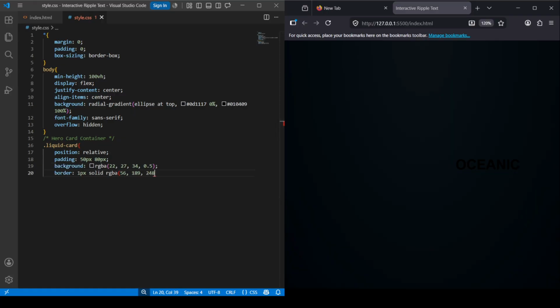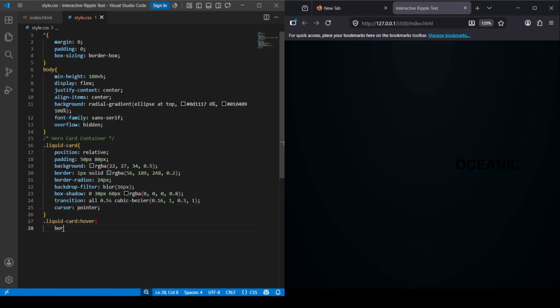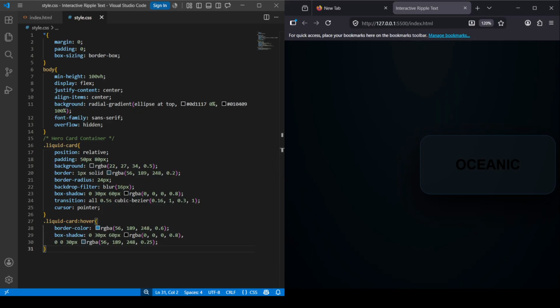Then, I'll add generous padding, a semi-transparent background, and a subtle border for a clean Glassmorphism look. Next, I'll round the corners, apply a backdrop blur, and add a deep shadow to create a floating card effect. Finally, I'll add a smooth transition and enhance the border and glow on hover to make the interaction feel more